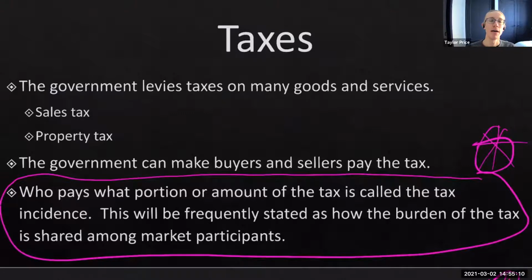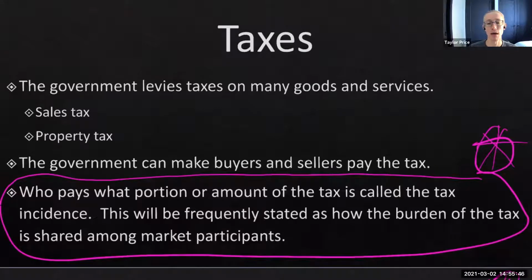The important piece here is that the government can make buyers or sellers pay the tax, but who pays what portion or amount of the tax is the tax incidence. And we phrase that differently for a very important reason, because from tax incidence we talk about how the burden of tax is shared among market participants. We're going to go into this further in later slides, but just to briefly touch on it,